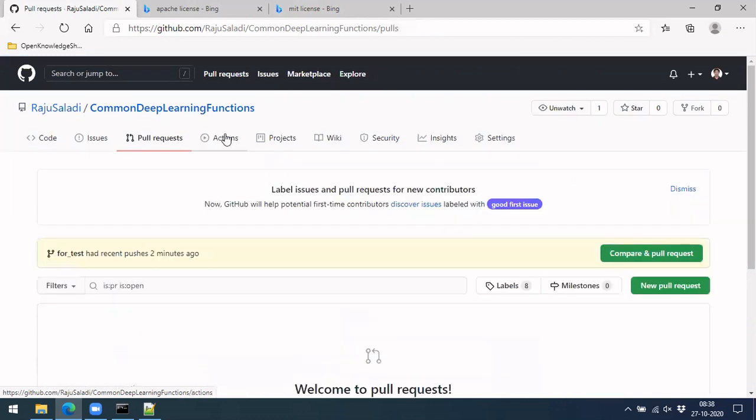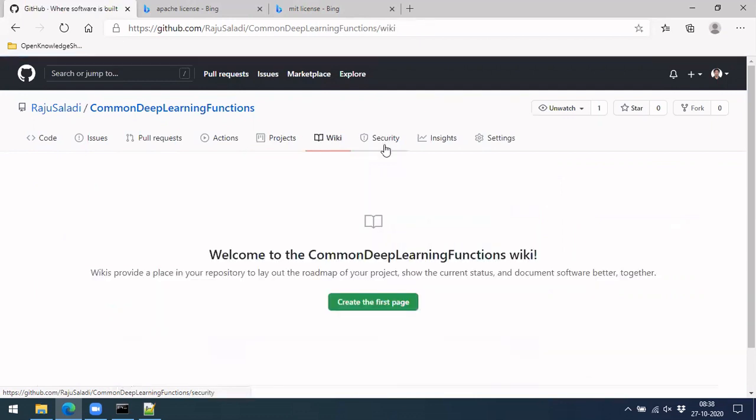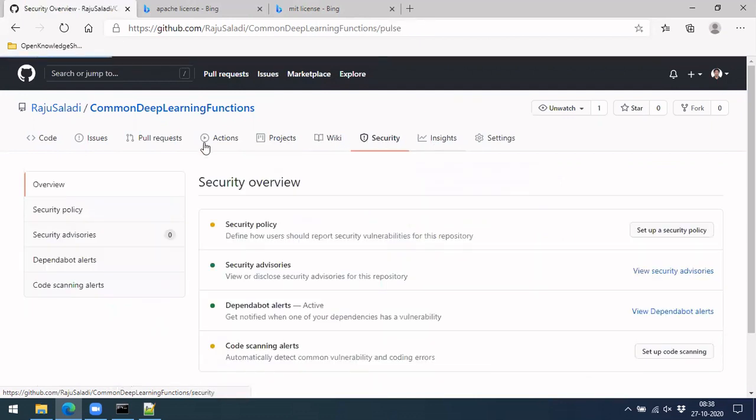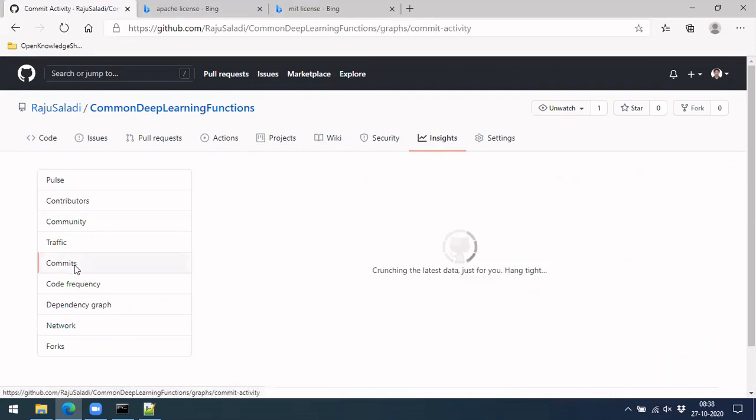Few companies use GitHub itself, few have their own SVN or some other things. So I'm just exploring other tabs, to see what they have. Okay, so here you can see commits.